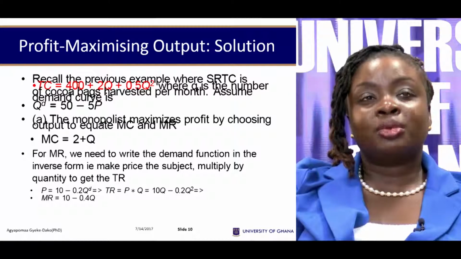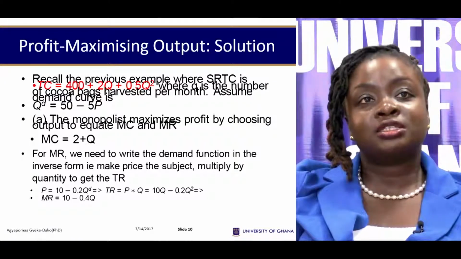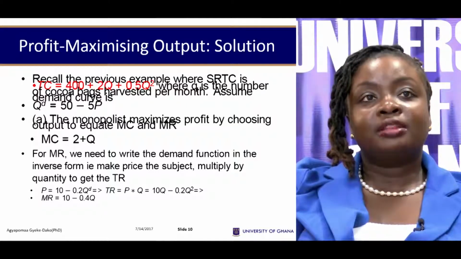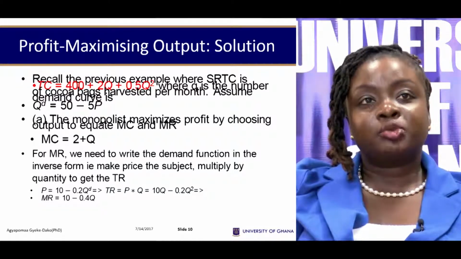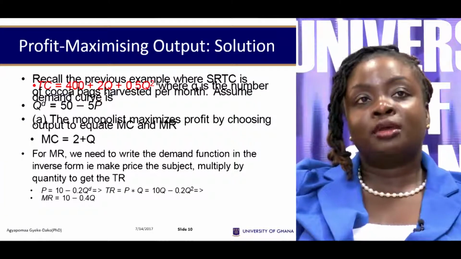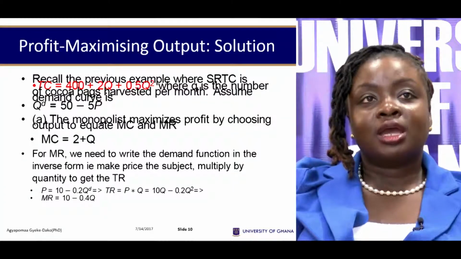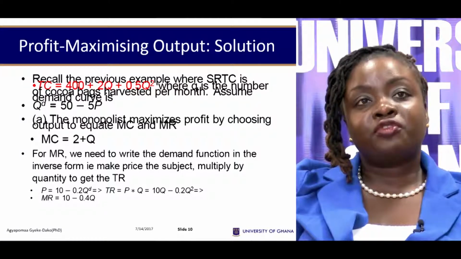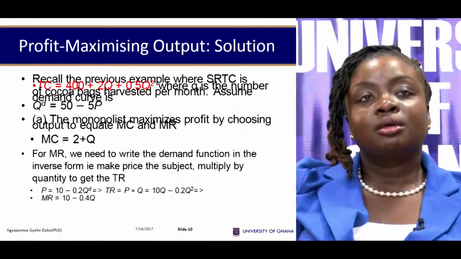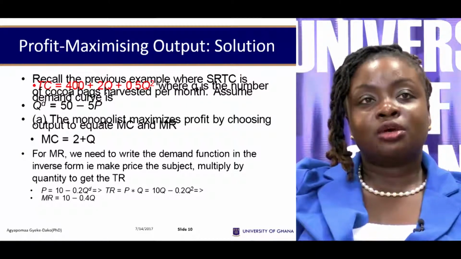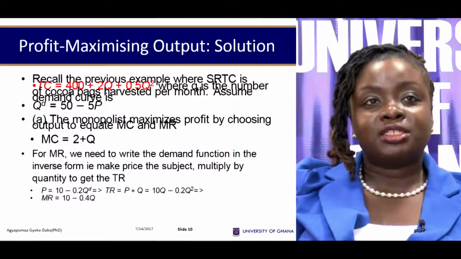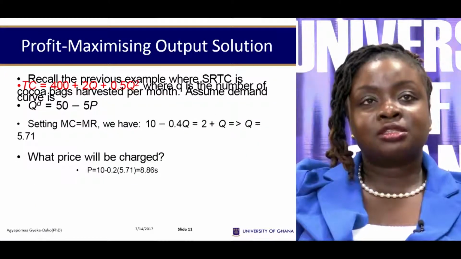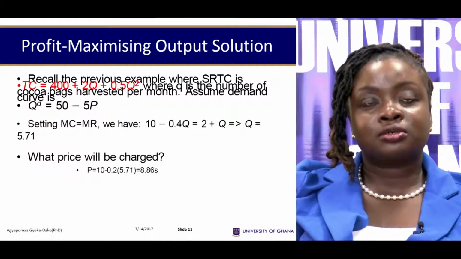Now, turning to the mathematical point, you can be given a cost function and then a demand function. It will be your responsibility to find the marginal revenue function from this demand function, and then find the marginal cost from the total cost function. And then, because profit maximization is marginal revenue being equal to marginal cost, that would help you find the price and the output that would maximize profit. Once those have been found, you can select the price and the output that would maximize your profit.